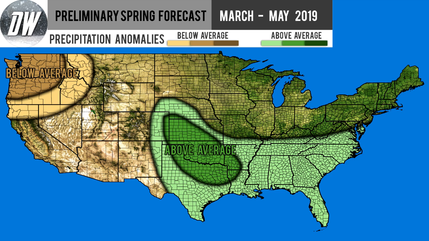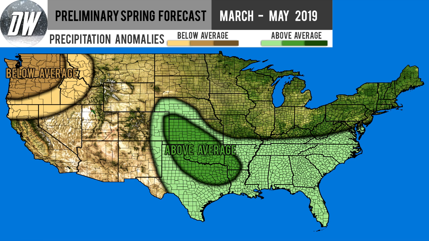Onto our precipitation forecast. The precipitation agrees, by the way, if you can tell, because we have above average precipitation for those similar regions, the in-between zone of the two temperature anomalies. Kansas, Nebraska, Colorado, Oklahoma, Texas, Arkansas, Louisiana, we're all looking at above average precipitation. As well as in that lighter shade of green, we're looking at slightly above average precipitation in those surrounding areas. Gulf states, Mid-Atlantic alike, we're all looking at slightly above average precipitation.